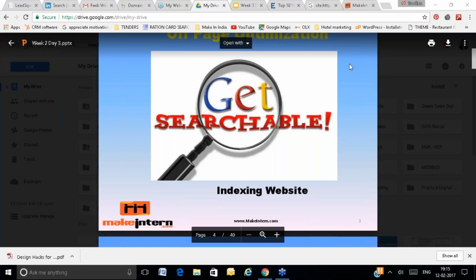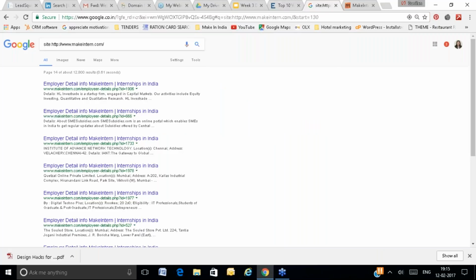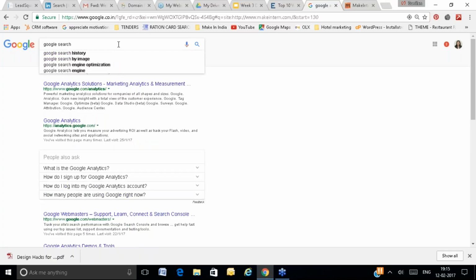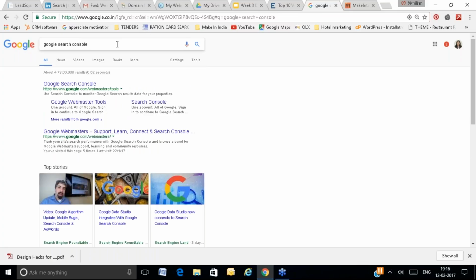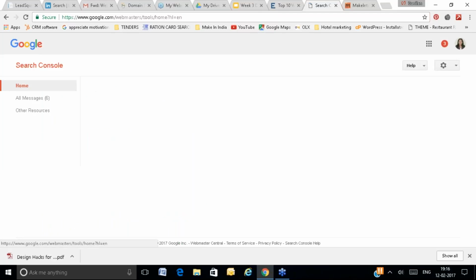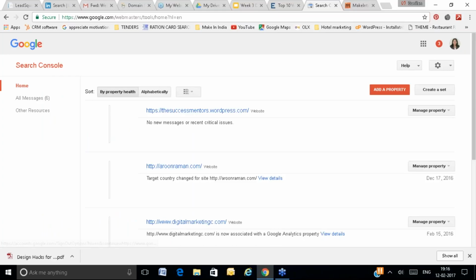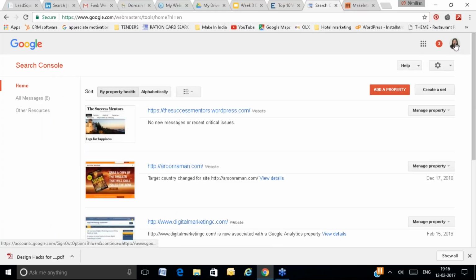Even as you are learning SEO, search engine optimization, it always makes sense to take proactive action to make our website indexed, right? To make your website indexed, you can use one Google tool. That Google tool is called Google Search Console, right? You can go to Google Search Console, and then you have to use the add property option.